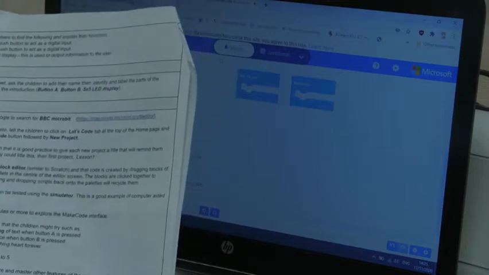So then it gets the children to do some experimenting. So by experimenting, the children will learn a lot and they'll enjoy the freedom to try things out. And I would give them quite a bit of time, at least 10 minutes, just to see what they could discover for themselves. And if they've done some Scratch programming, they'll realise that if you click on these things here,